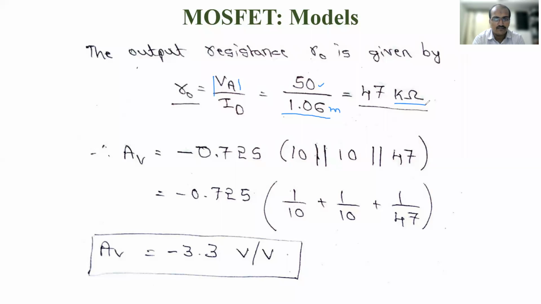That is only the concept. So when you take this ratio, you'll get 47 kilo ohm. Okay, so this is the acceptable value of R0. Yesterday I told you the R0 value should not be less than 10 kilo ohm. Its range is 10 kilo ohm to 1000 kilo ohm.